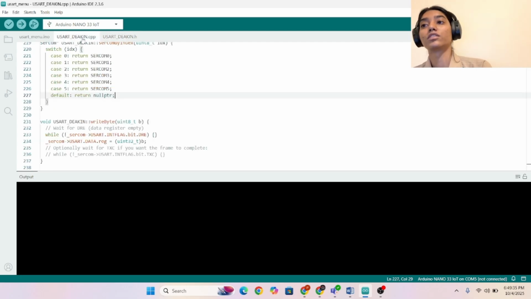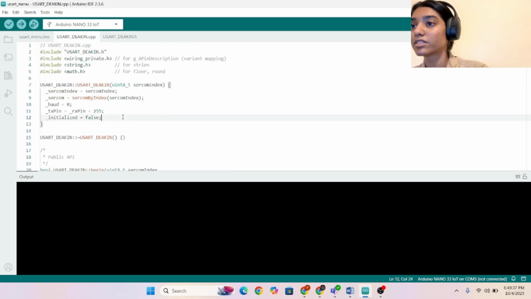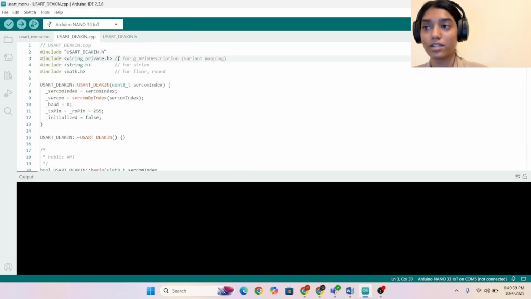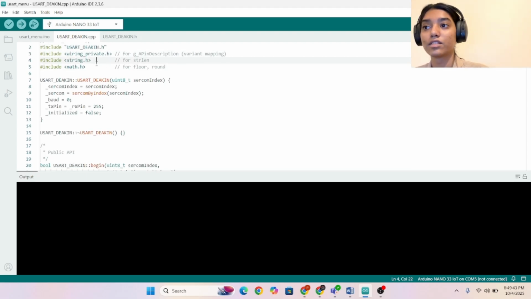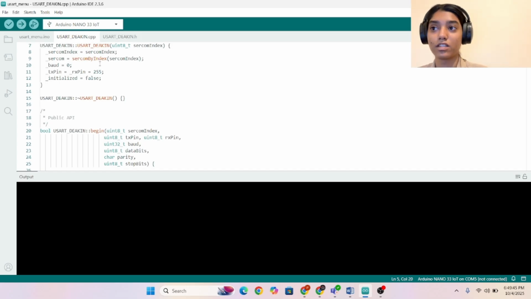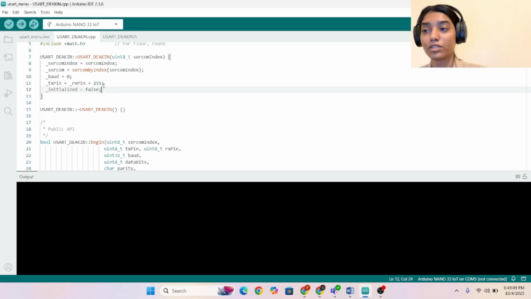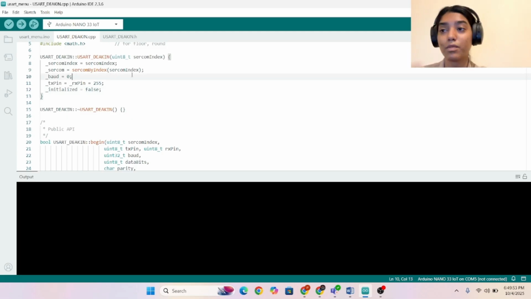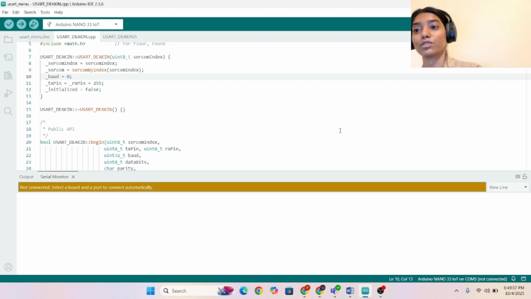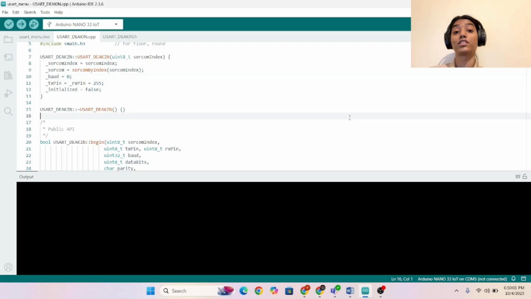And let's move on to the .cpp file. So we have imported our library, Wiring and strings and mathematical calculation. Again, defining all those. So all those pins are defined. Board is selected to be 0 at the very beginning, and whatever the user selects whenever they go to the serial monitor would be the one that our serial